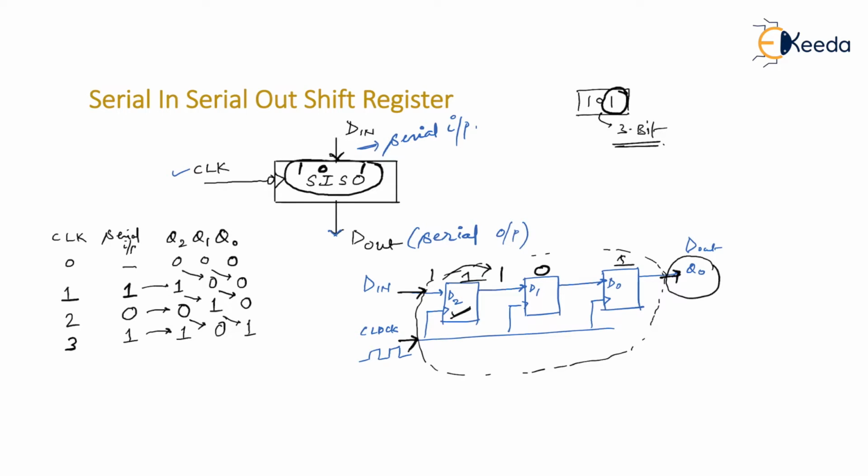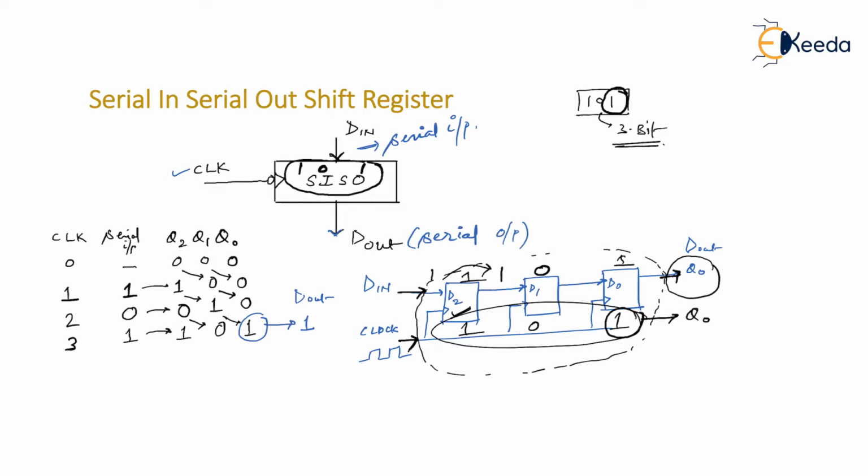But my aim is not only to store the data. My aim is to also take that data out. I have to retrieve back the data, whatever I have stored inside the shift register. Yes or no? So what I expect is, when I have actually stored 101, I want that whole 101 out of the shift register. But since 1 is already stored, only Q0 is available, meaning that as you can see, this 1 is available already at D out pin.